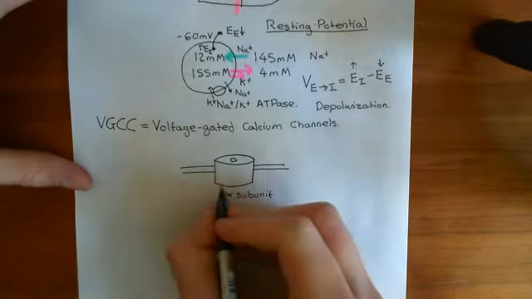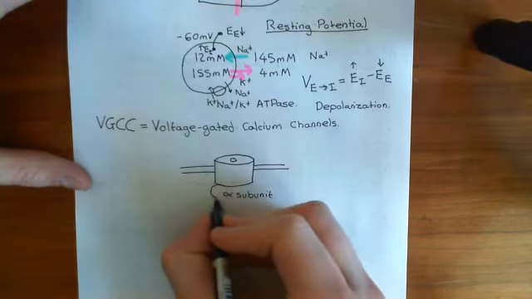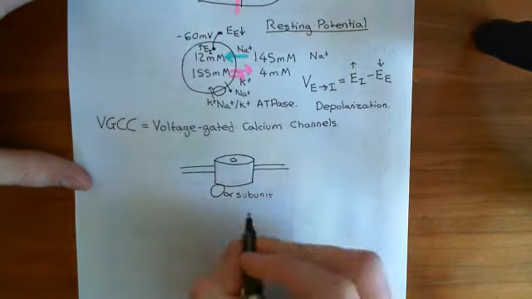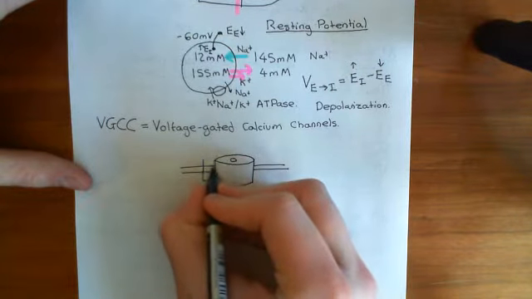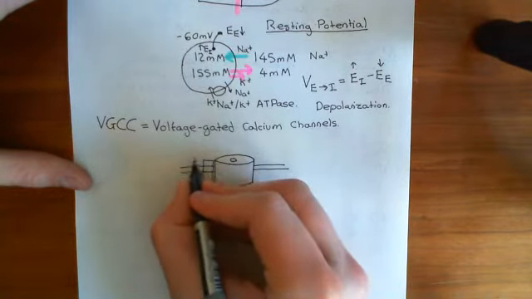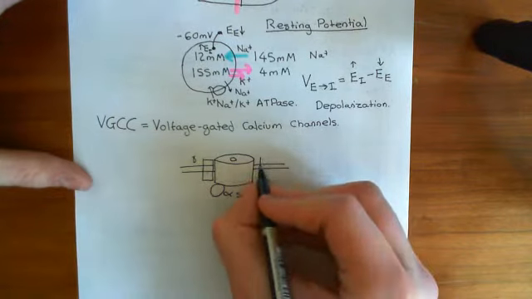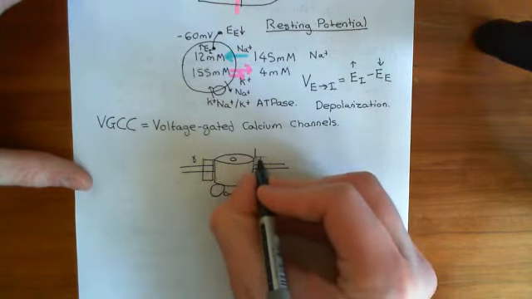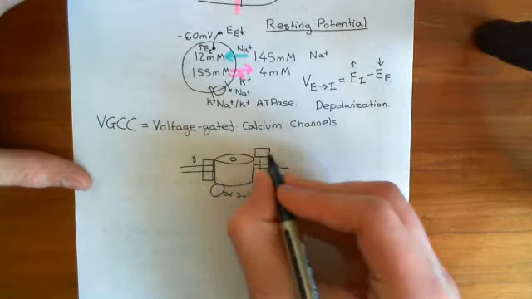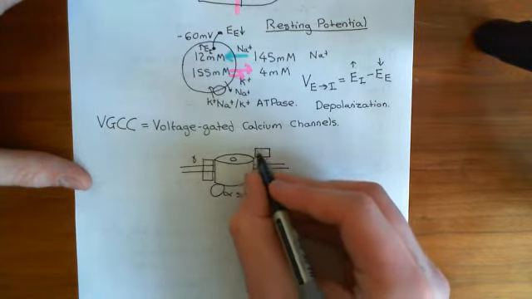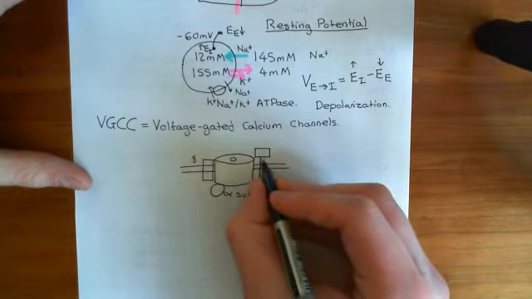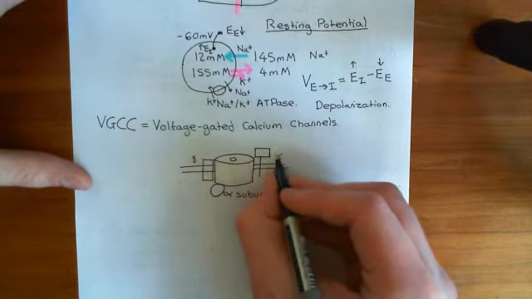So for instance, you'll have a beta subunit which is attached down here, on the cytoplasmic side of the alpha subunit. You'll have a gamma subunit that sits within the membrane alongside the alpha subunit. And then you'll have an alpha-2 delta subunit here, which consists of the delta subunit, which is the portion which spans the membrane, and the alpha-2 portion up here. And the reason they're not considered two separate subunits is because